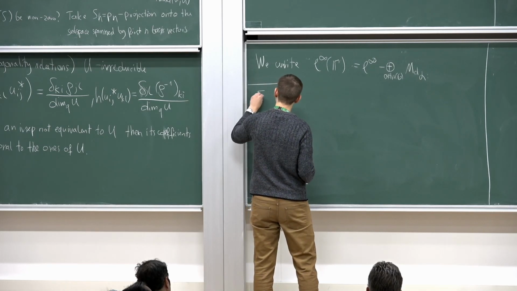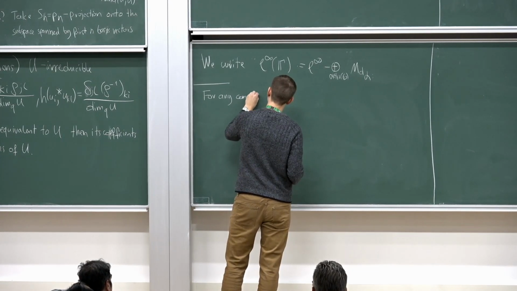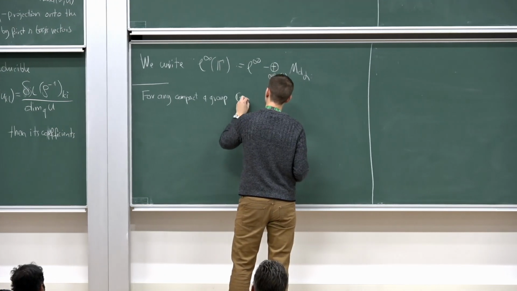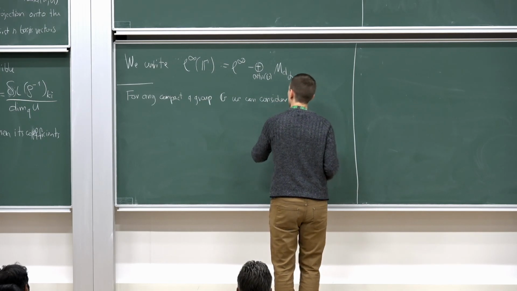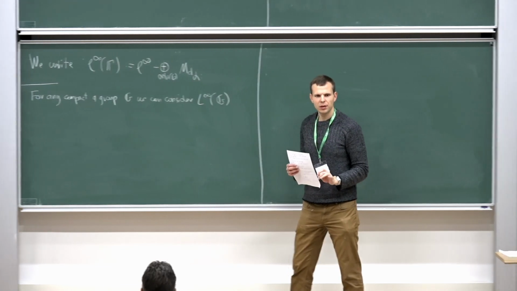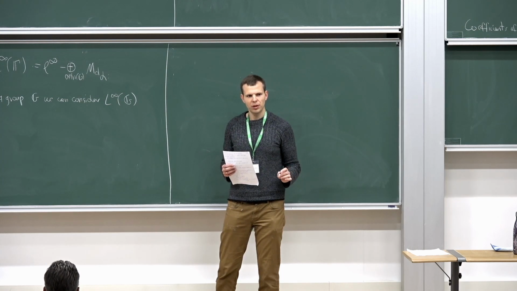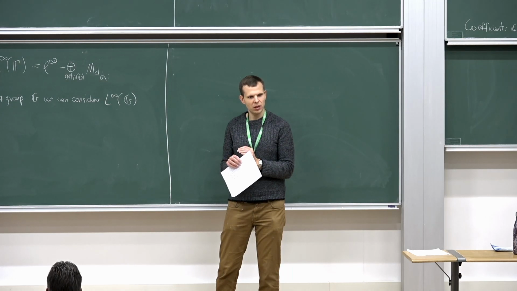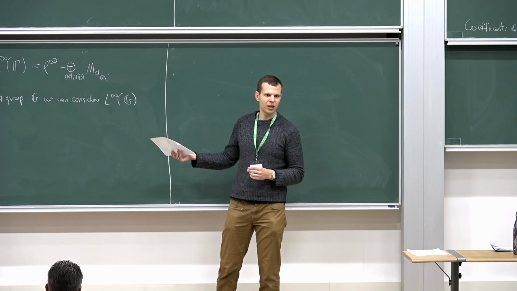So for any compact quantum group G, we can consider the space L infinity of G. Mike already mentioned that there are different algebras with which we can describe the same quantum group. He mentioned the reduced version, which is the closure inside the GNS representation of the Haar state. He mentioned the universal one, which is like the universal enveloping C-star algebra of the Hopf algebra. And there's also a von Neumann algebraic version.